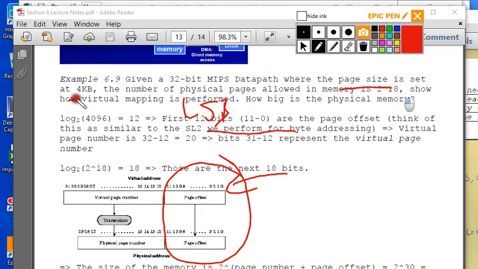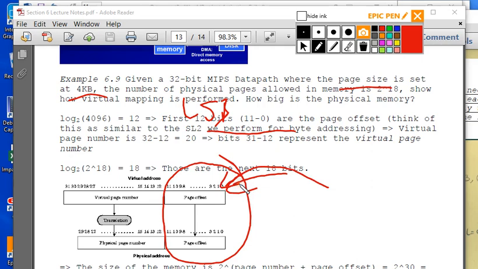So this page size corresponds to 4 kilobytes. Remember, byte addressing, we shift left by 2 because we have 4 bytes corresponding to 1 word. So one page is going to have 2 to the 12 of those together. So that's a page offset as opposed to a byte offset. Does that make sense? So the first thing you're going to see in the problem is page size: 4 kilobytes, 2 kilobytes, 1 kilobyte, 2 to the 10, 2 to the 11, 2 to the 12. The least significant bits are